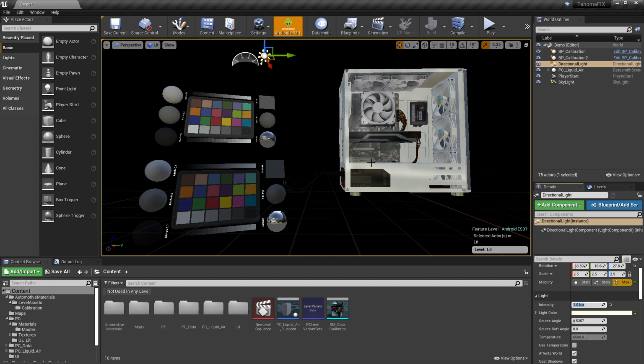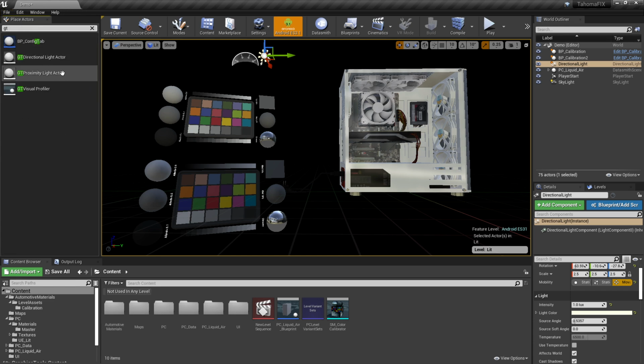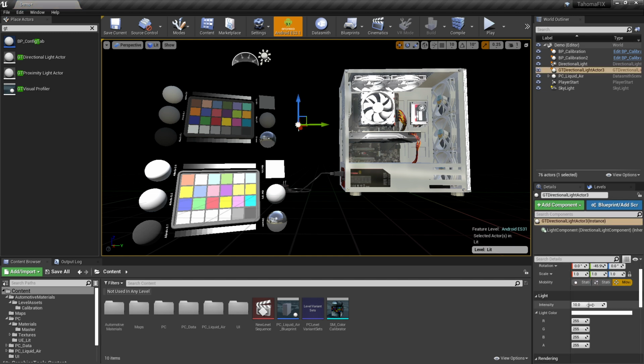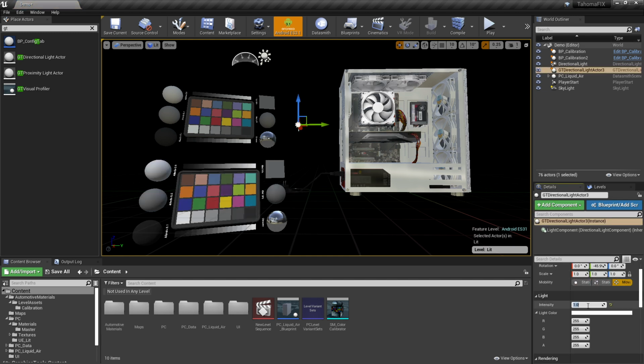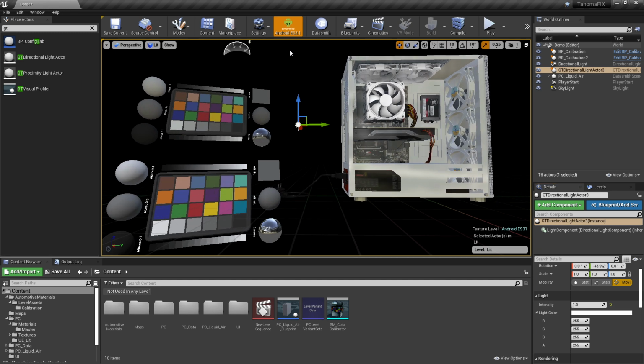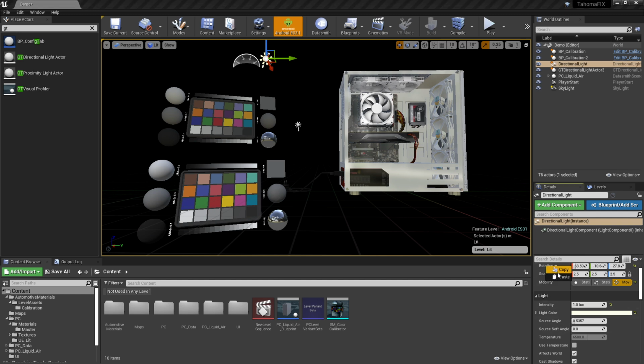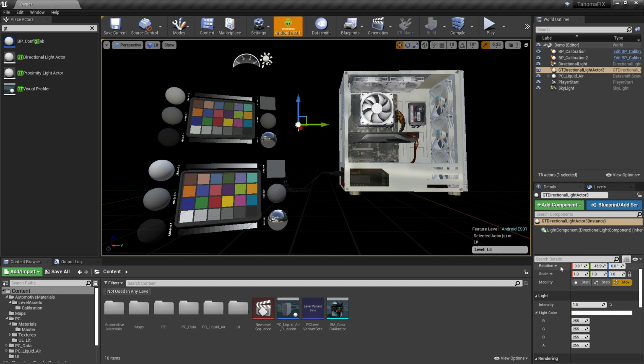So with that done, the first thing that we want to do is obviously this Macbeth chart on the bottom does not have a directional light hitting it. So let's go ahead and get that directional light that works with the graphics tools added in. This is easily done by going to the place actors and just searching for GT tools. You can see that there's proximity lights and directional lights. So we'll just drag and drop this in there. And it's a little bright, so we'll just put that down to a value of 1. And I want to get these guys to copy the rotational value off of this light. So we'll copy that, and then we'll just paste it onto this guy so that they're at the same angle.